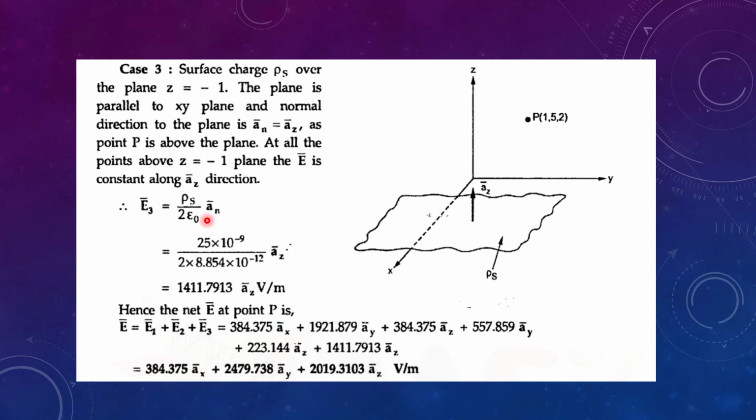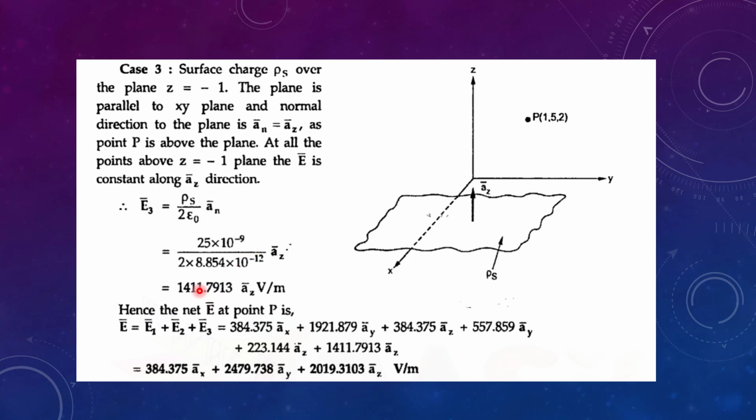So what is the equation? We know that for such a surface charge, the intensity at point P is equal to rho s divided by 2 epsilon naught into an cap. What is an cap? An cap is a unit vector perpendicular to the given sheet charge, going towards point P. Point P is above and the plane is below, so the unit vector is plus az cap. It is going in the upward direction, right? So this an cap is just equal to az cap. We'll put this az cap in the equation and solve that. That's easy to find out now.